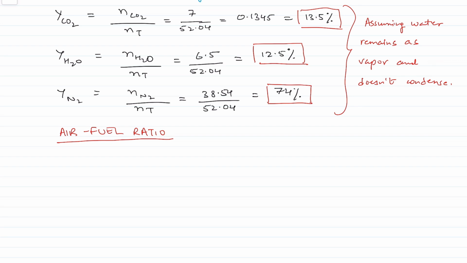Air to fuel ratio is an important concept in combustion, especially vehicular combustion, because the amount of pollutants that are formed are usually a function of how much air you have and how much fuel you have. So that ratio becomes pretty important. Air to fuel ratio is the mass of air divided by the mass of fuel, and it's usually in terms of mass,